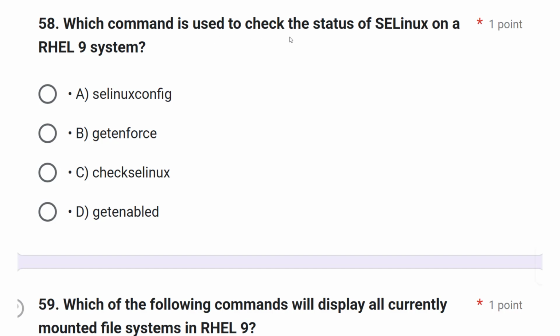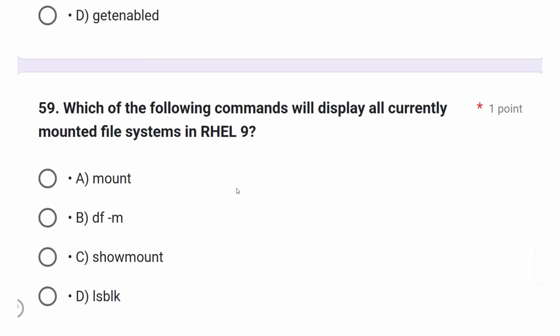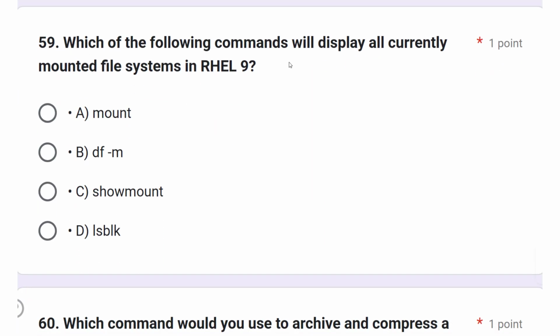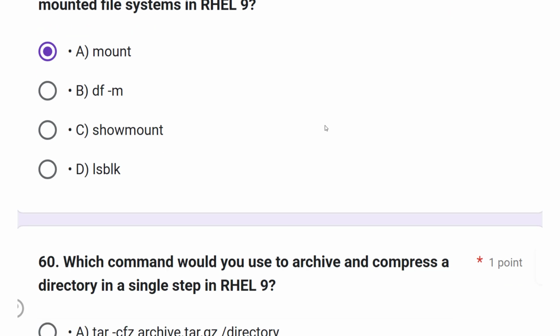Which command is used to check the status of SELinux on a Red Hat 9 system? For this, if you want to know which mode is currently in use, you can use getenforce. Using this command, you will find the status of the SELinux mode. Which of the following commands will display all currently mounted file systems in Red Hat 9? It is obviously mount. Mount is the command which will show you all the information currently mounted on your